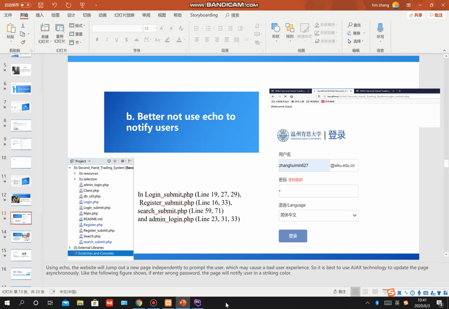The second problem is that it is better not to use echo to notify users. In these four files,